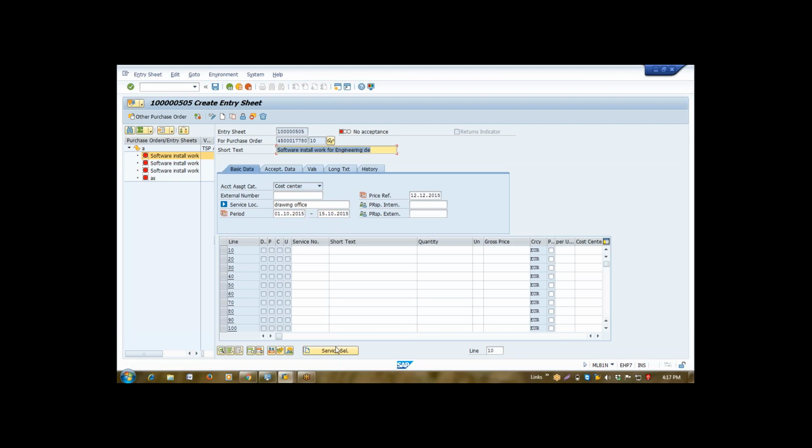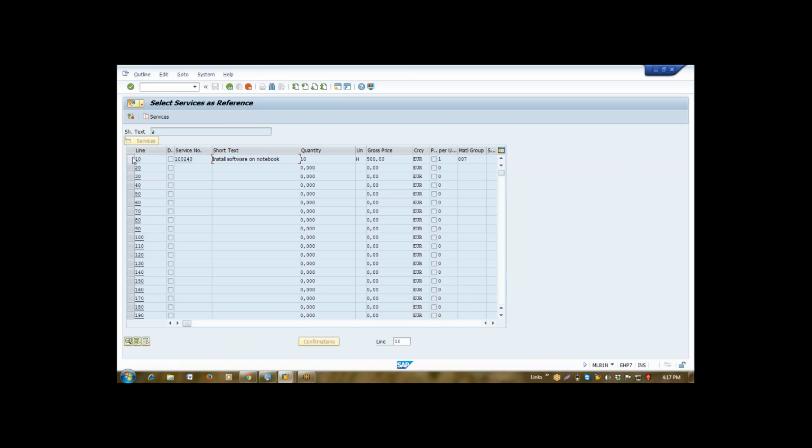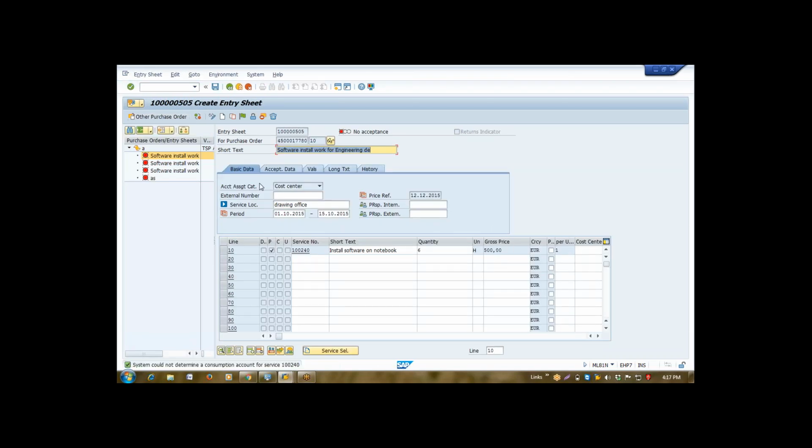Now I'll select my service with the help of service selection. This is my total service, 10 hours. Now I'm going to adopt it. So it reduced to 6.